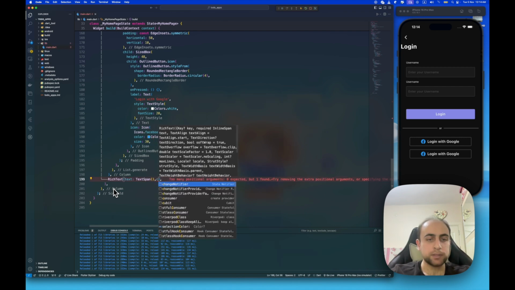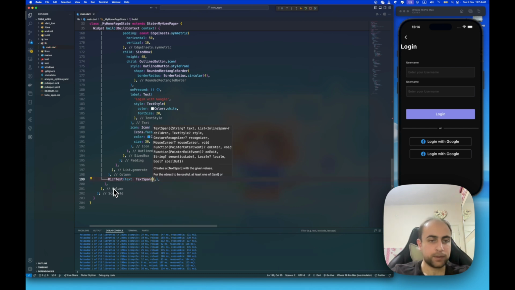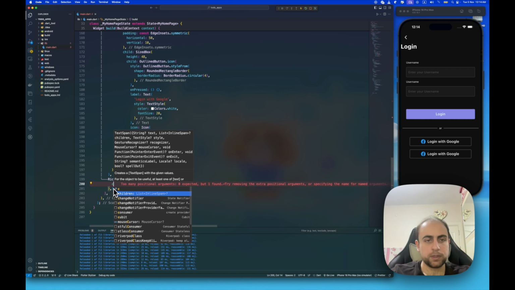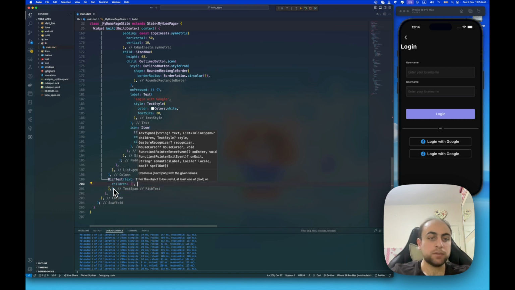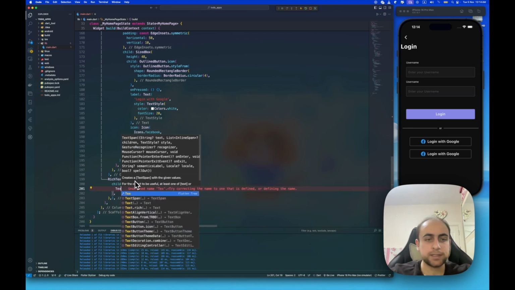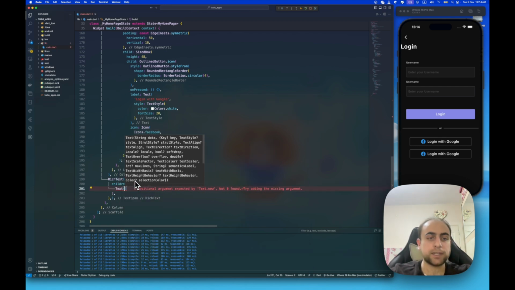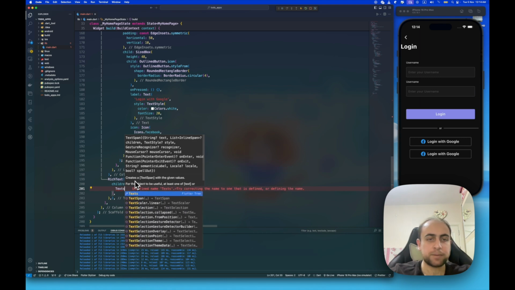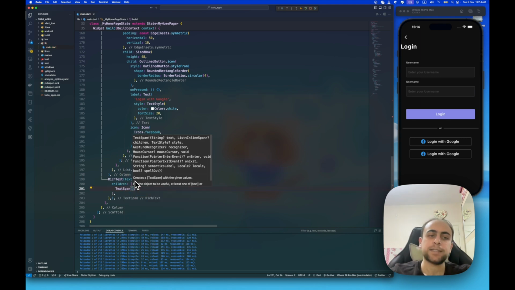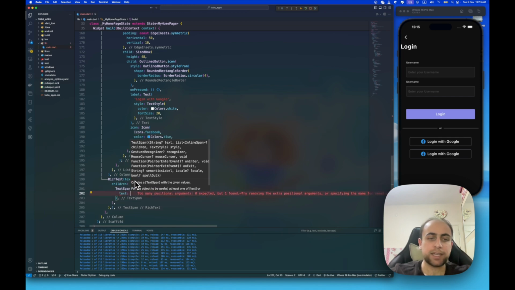I will write children, right? Okay. We have children here, but this is children. We will write text Span. We write text Span also, and inside this text Span, we will write text